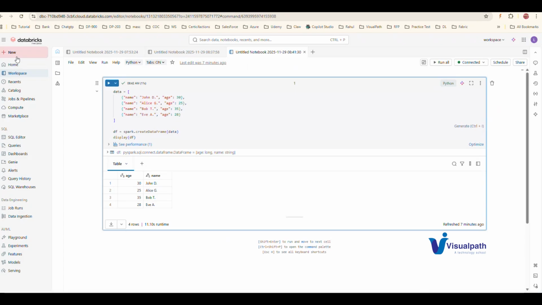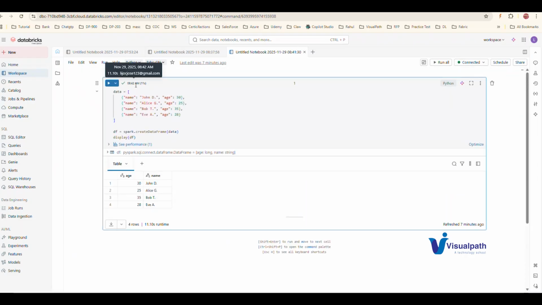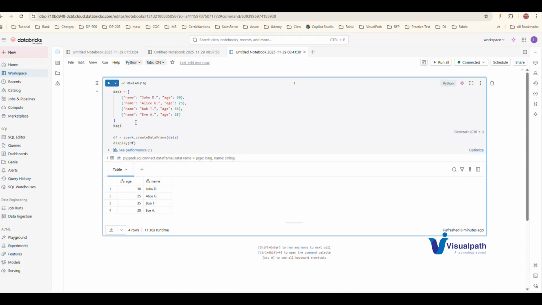I already explained to you how a notebook will look like. We will go into the depth of how we can create different types of code, and there is an option in Spark where we can convert that code from SQL to Python depending upon our use. In the same notebook, we can write Python, and this is called a magic command. If you put a percentage SQL, this will automatically convert to SQL. From here onwards, you can write the SQL code. So this is how the notebooks look.